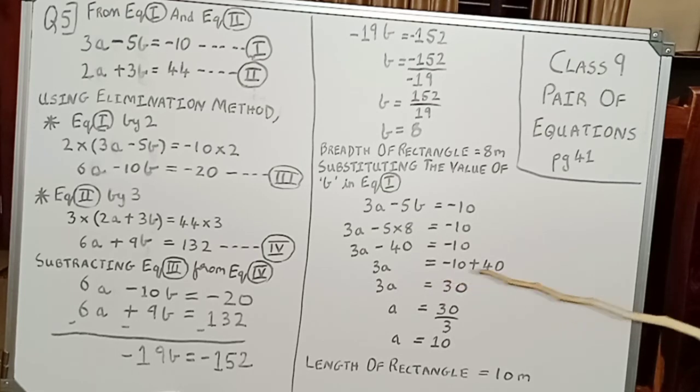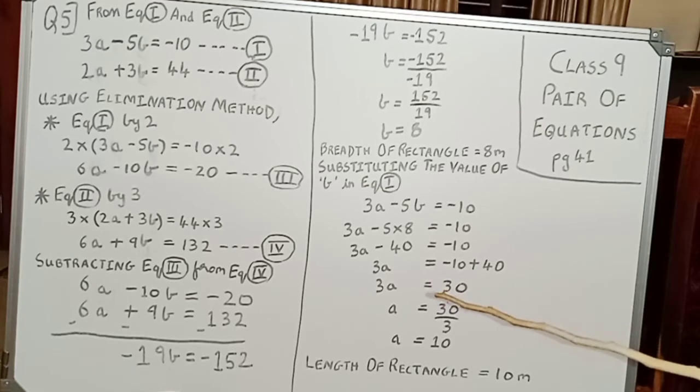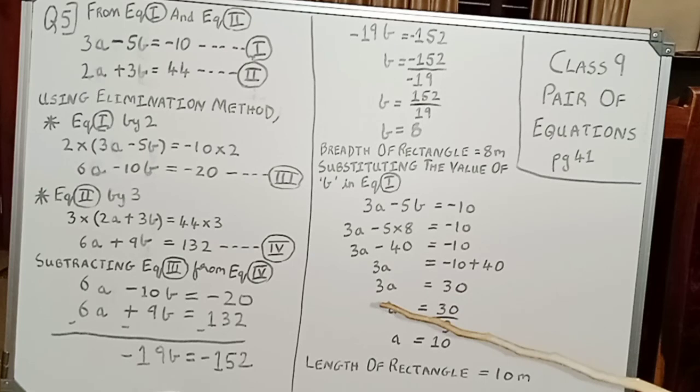So if you do this, minus 10 plus 40, you will get 30. The larger number's sign will come over here, and you have to do this subtraction. When you do this, you will get the answer. This is the same as 40 minus 10, but here the larger number's sign is plus. That is why the answer will be plus 30 or 30.